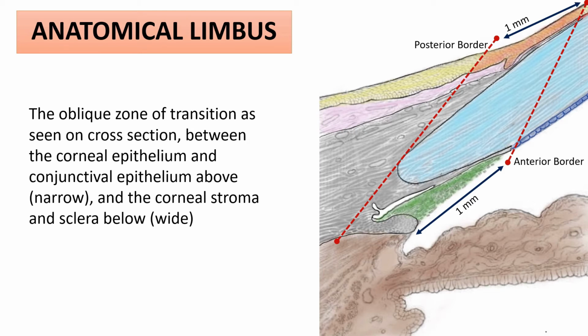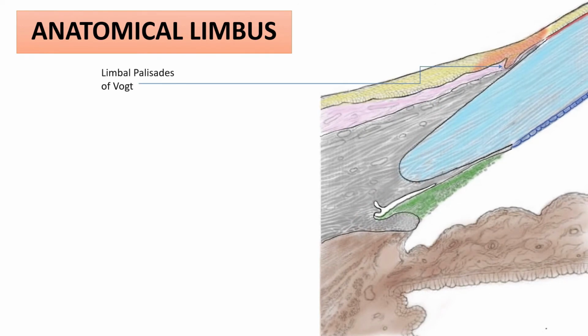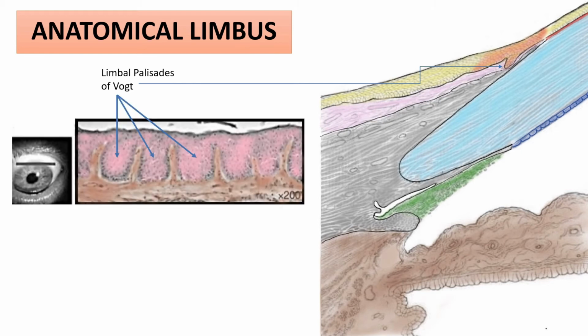Okay, so we have seen what is the anatomical limbus. Let us understand a little more about what are palisades of Vogt. These are also called the limbal palisades. As I had mentioned earlier, they are depressions or crypts in the limbal epithelium in which the limbal stem cells reside. Now these palisades are not present all throughout the epithelium, but they are present at regular intervals in the limbus with small gaps in the middle. So if we take a tangential section of the limbus, we will see these palisades at regular intervals with intervening subconjunctival tissue, which can be seen here in brown color, protruding between the palisades.